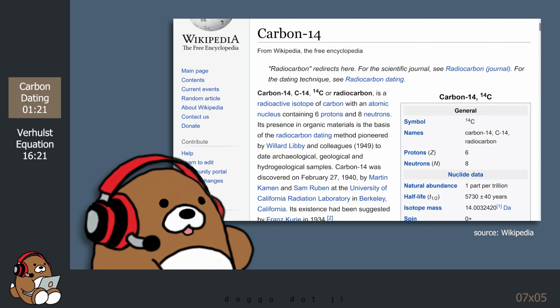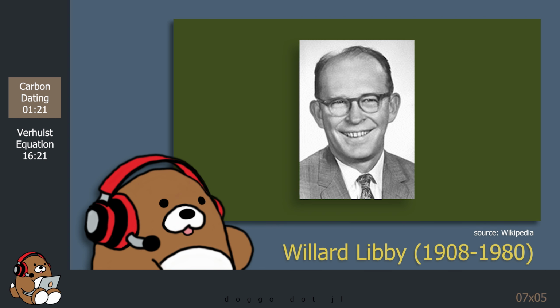Carbon-14 was discovered in 1940, and then in 1949, radiocarbon dating was pioneered by American physical chemist Willard Libby and his colleagues. For his contribution to the development of radiocarbon dating, Libby was awarded the Nobel Prize in Chemistry in 1960.